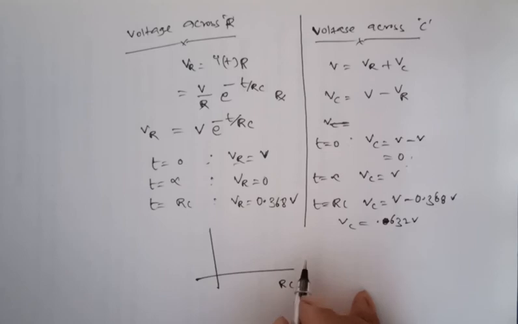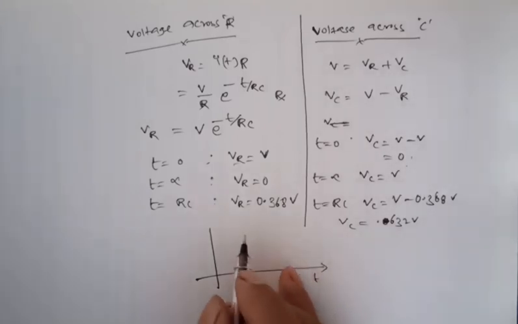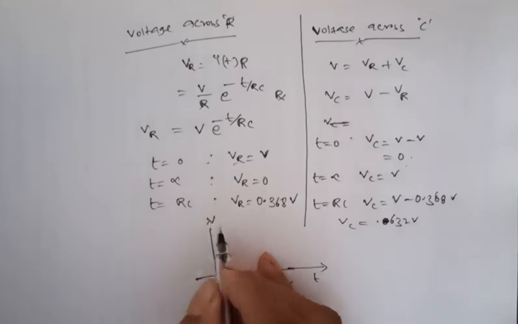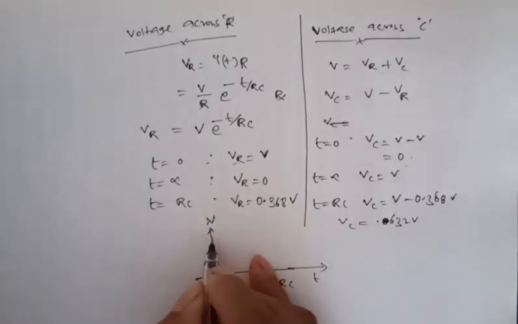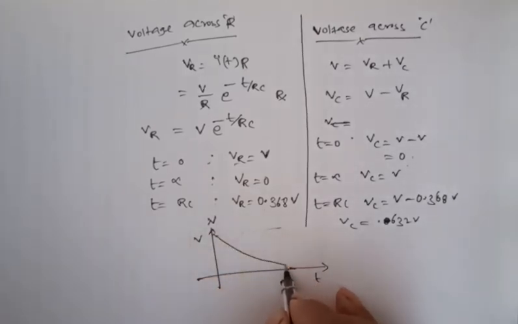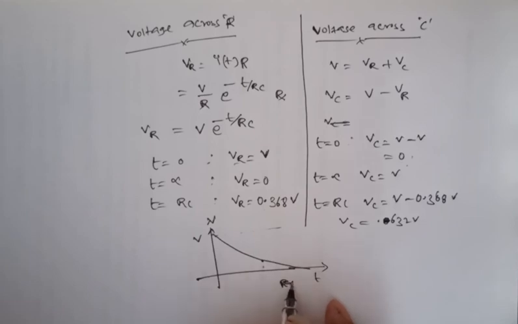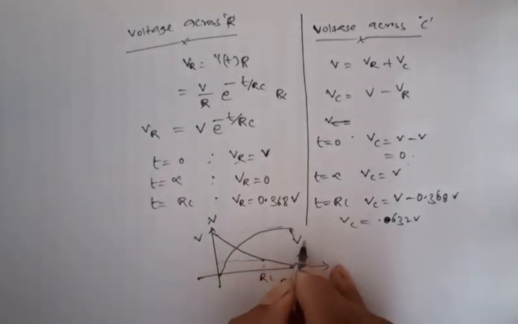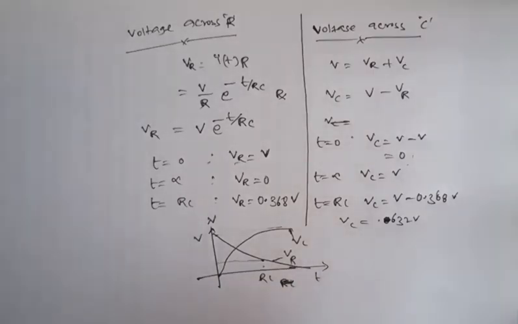this is let us assume time t, and the voltage levels of the resistors and capacitors. This is the maximum voltage V. So resistor, it is exponentially decaying. At particular time RC, it will be 0.368 times of V. So in capacitor it will become exponentially growing. So this is the graph showing for voltage, this is the graph showing for resistor. So this is the way we can find the analysis or transient response of the series RC circuit.